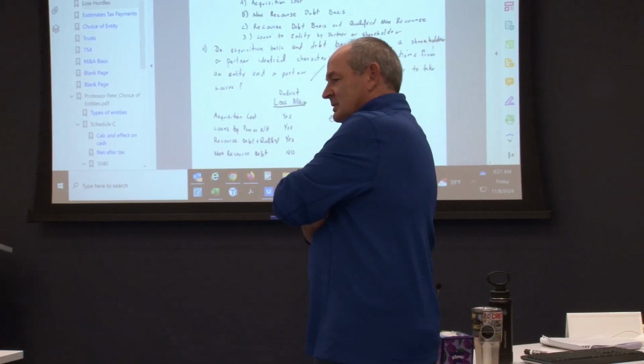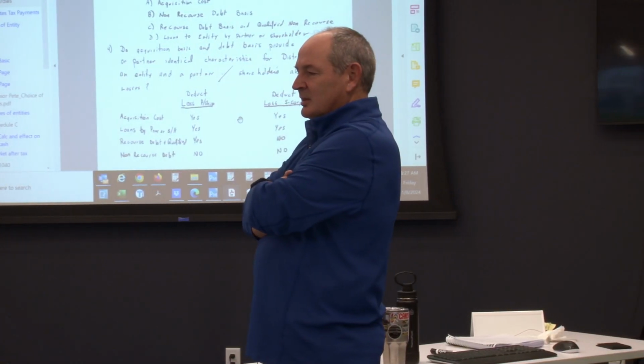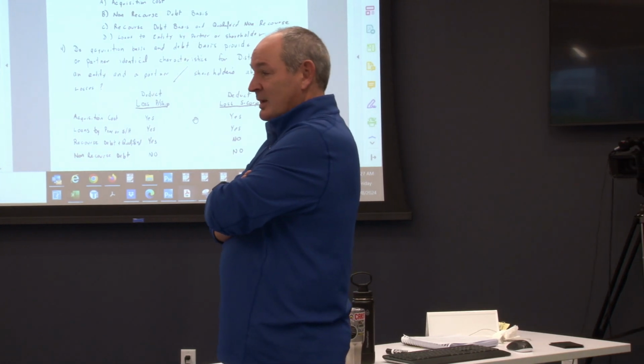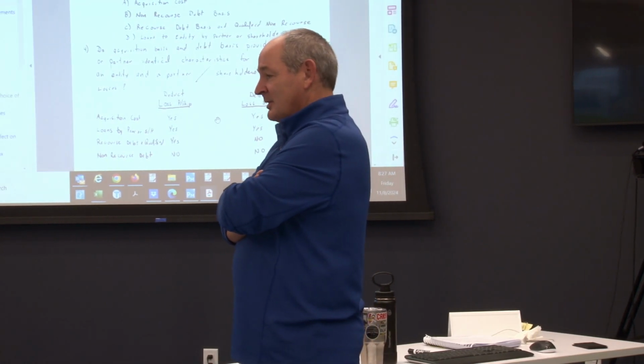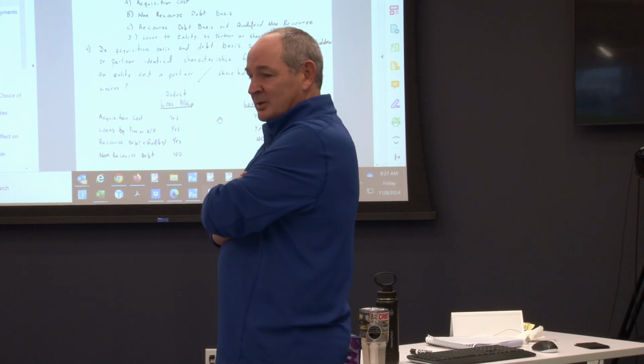I was making a more specific point when I wrote this, and in the pursuit of making a specific point, I missed the general point that basis adjusts up and down, and then I leave it off here. That doesn't seem very smart to me. The point that's being made,